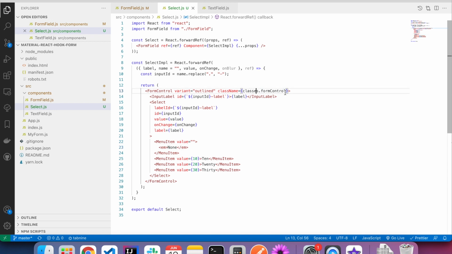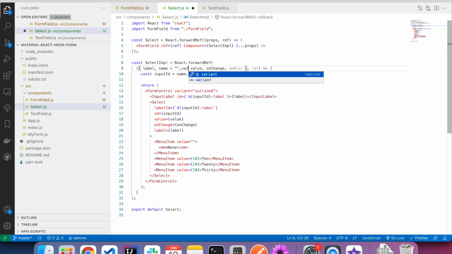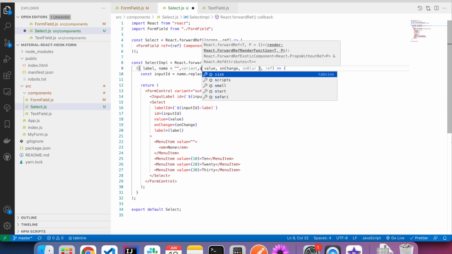For this class, form control class, for the time being I'm just going to replace it with nothing, and the variant and size.